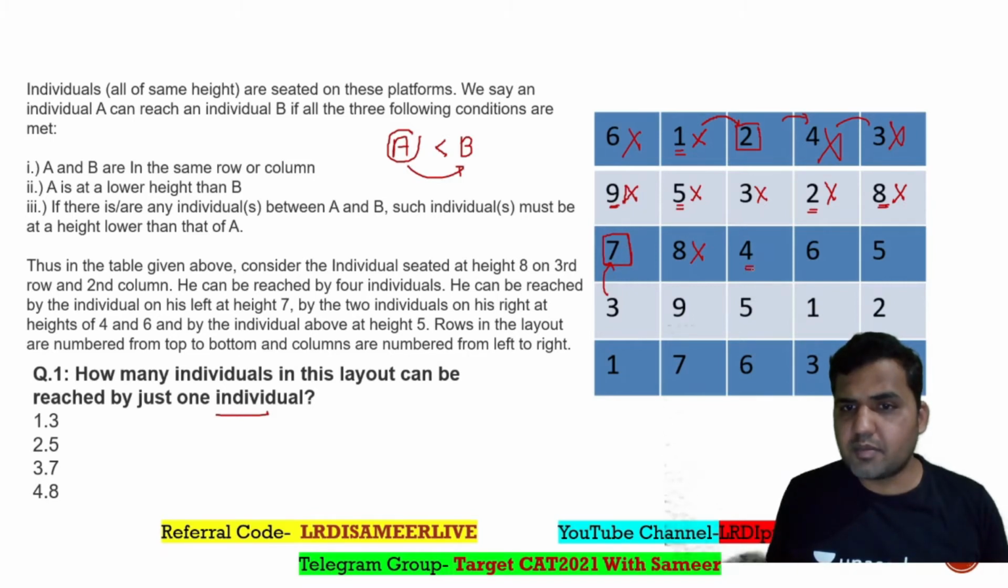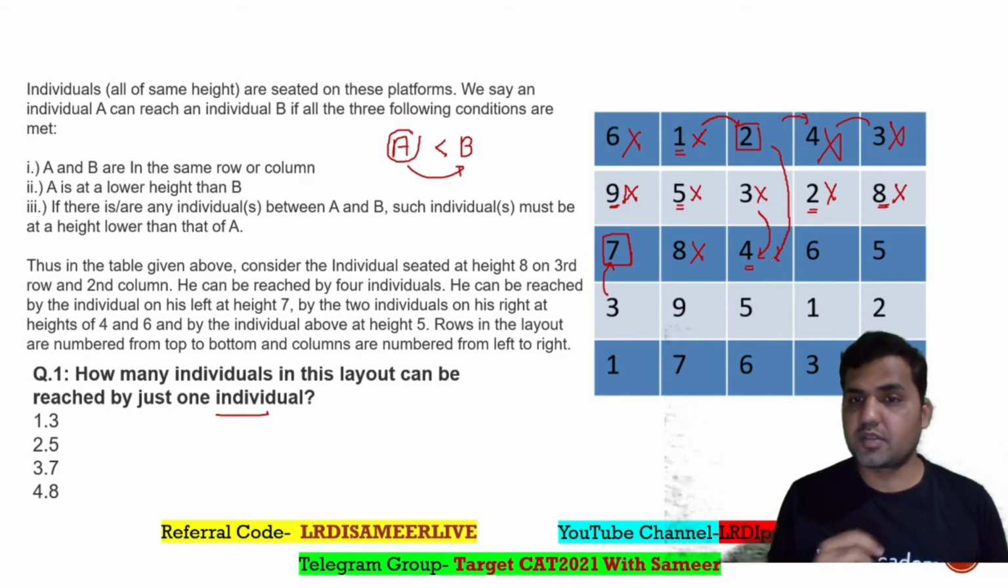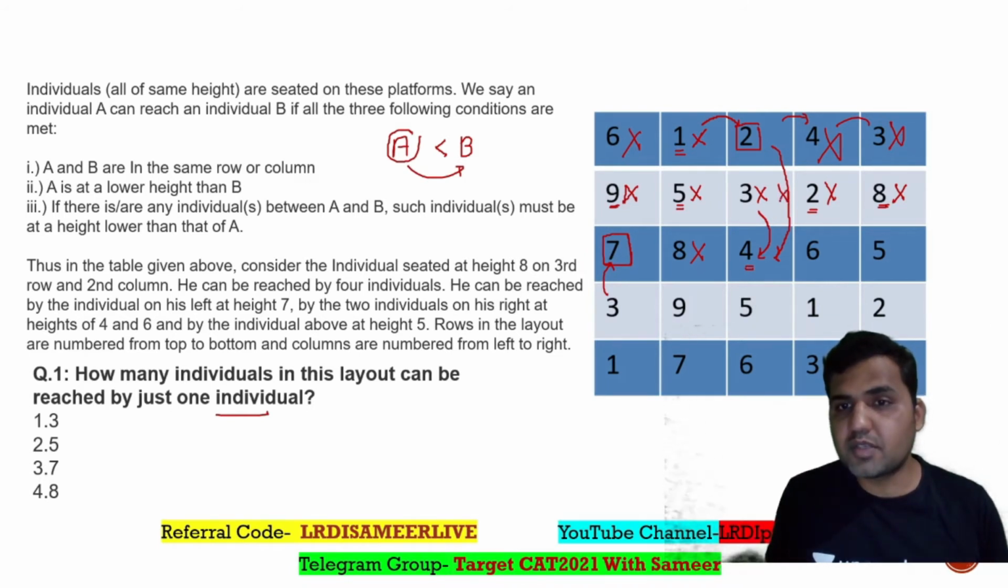4 can be approached by only 3. You can see that 4 can be approached by 3. 4 can also be approached by this 2 also, right? No, 4 cannot be approached by 2 because in between we have a person with a higher height as compared to 2. 4 you can see is approached only by 3. 4 cannot be approached by 6, 5, 8. So 4 is a part of the answer because the person sitting on the 4